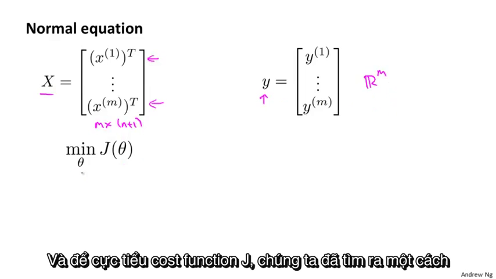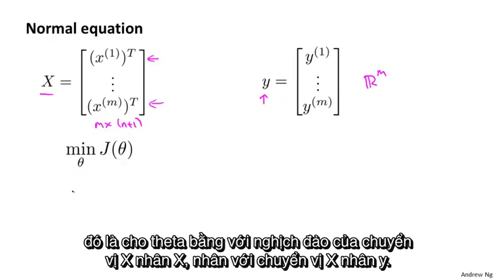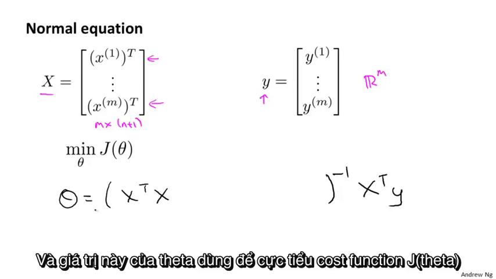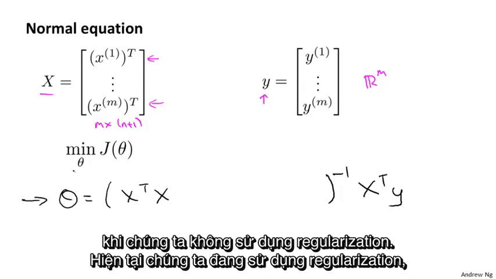And in order to minimize the cost function J, we found that one way to do so is to set theta to be equal to this, right? We had X transpose X inverse X transpose Y. I'm leaving room here to fill in stuff, of course. And what this value for theta does is this minimizes the cost function J of theta when we were not